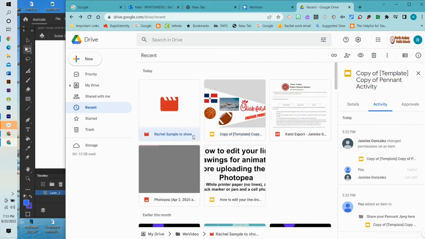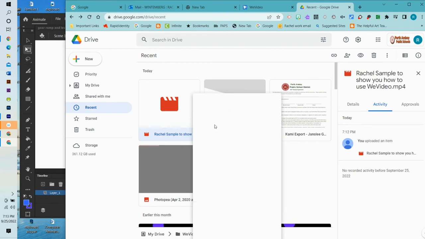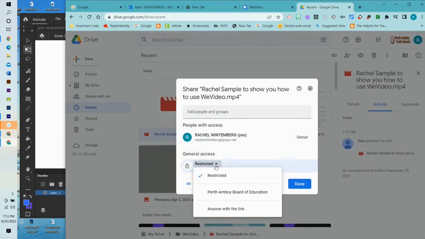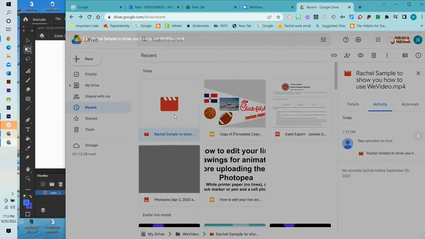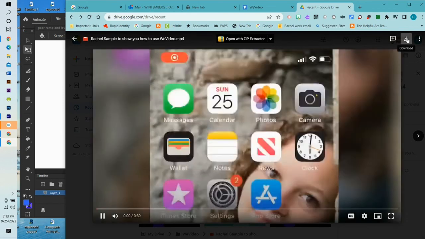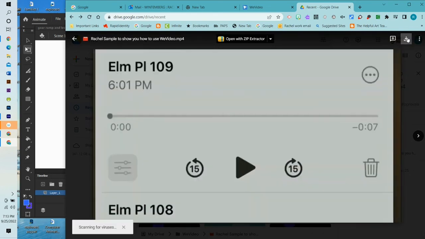So if I were to take this and I were to share it, and then I changed this to anyone with a link, and then I copied the link and I submitted the link into Google Classroom, I would not own it anymore. I would have submitted it to you, and Google would think that you owned it. Whereas if instead you double clicked on it and then you downloaded it, then the downloaded version,